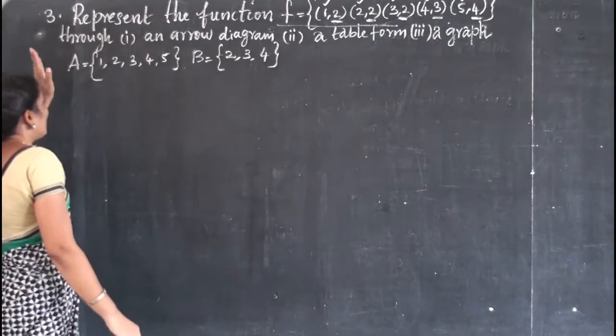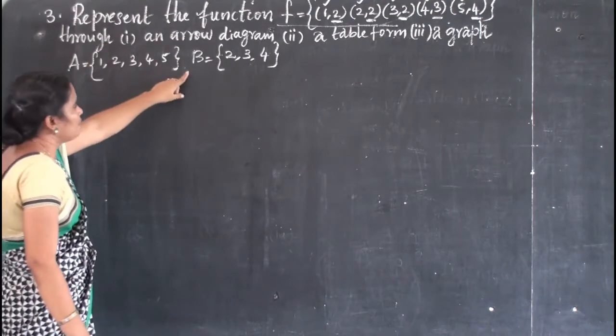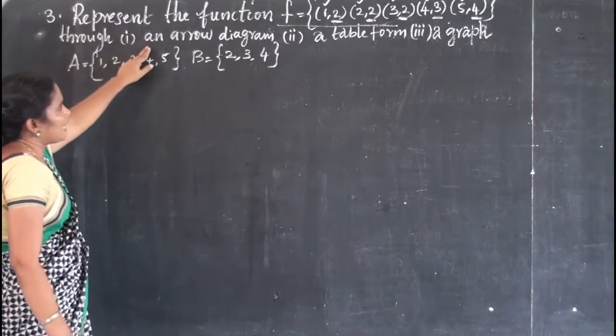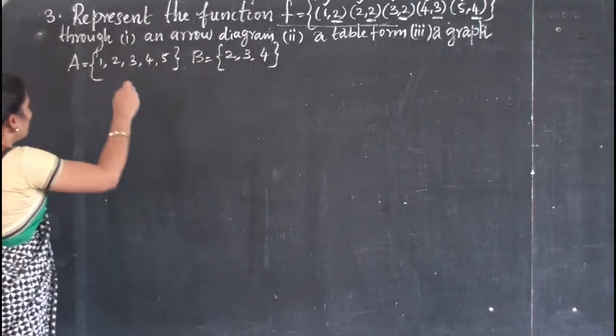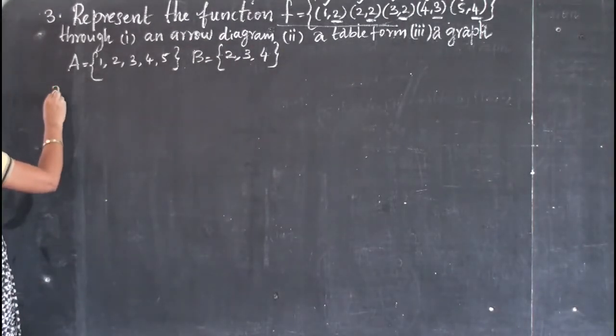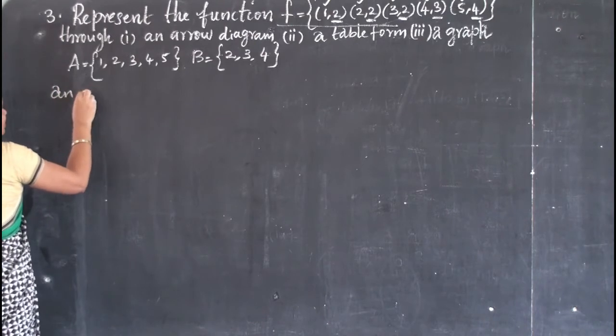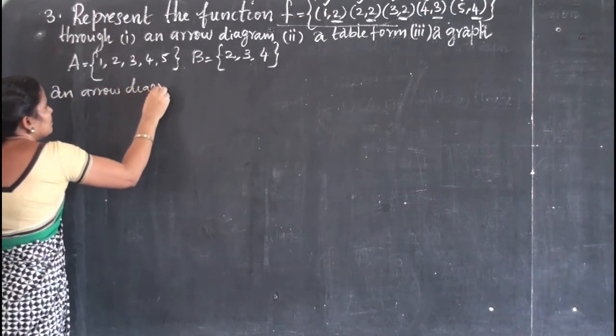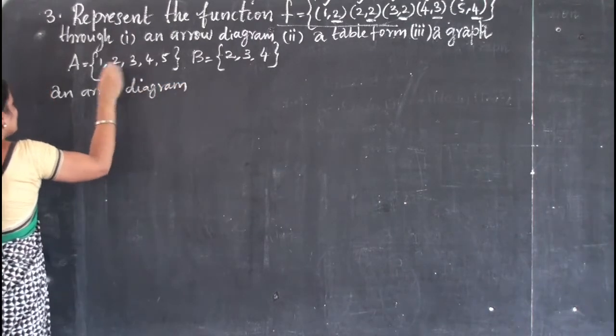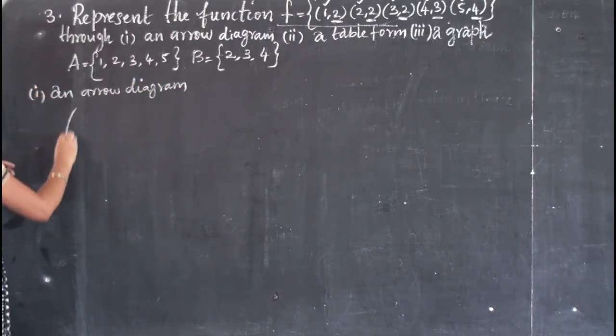Now we have the elements of A as well as the elements of B. We are asked to find an arrow diagram, a table form, and a graph. Okay, what is an arrow diagram? An arrow diagram